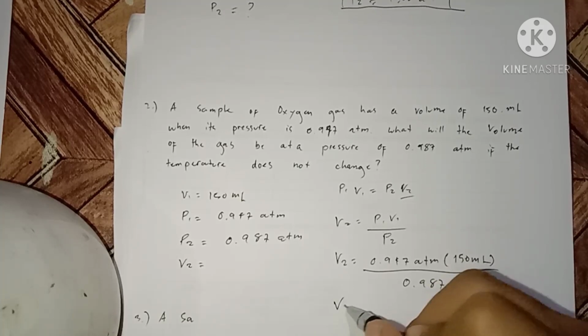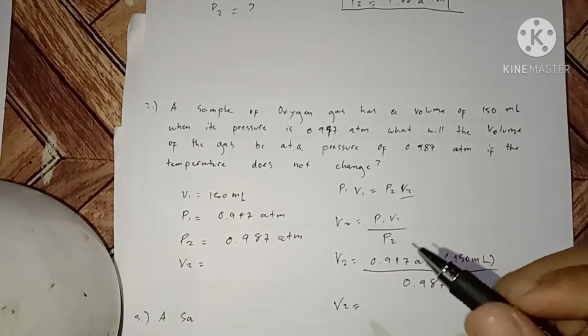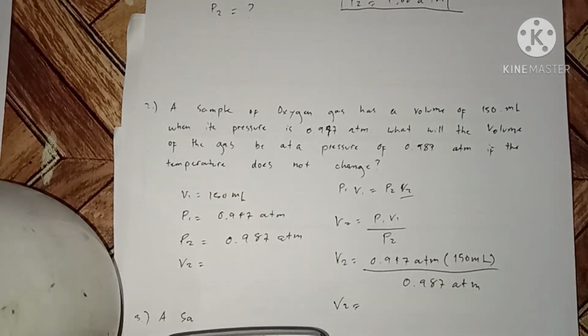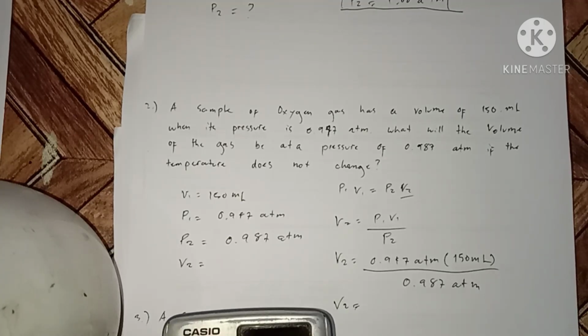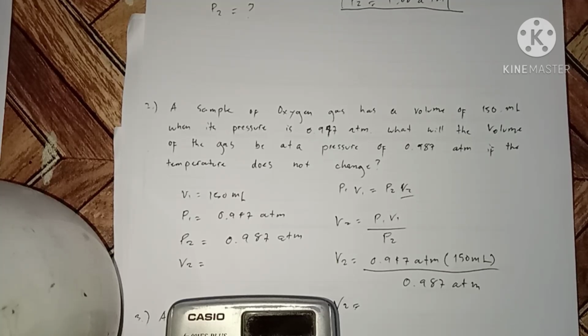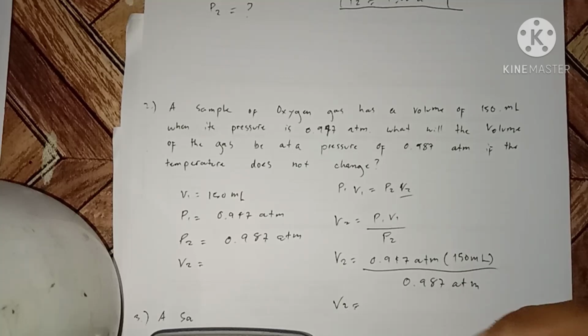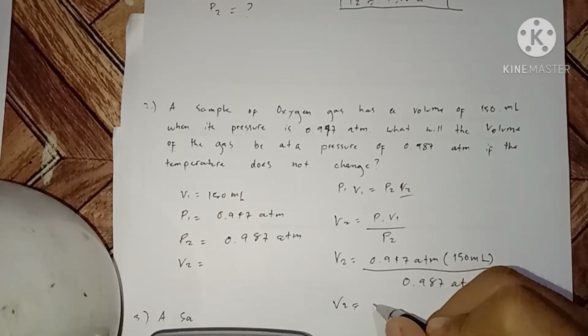So calculate: 0.947 times 150 over 0.987. So the value of the volume 2 is